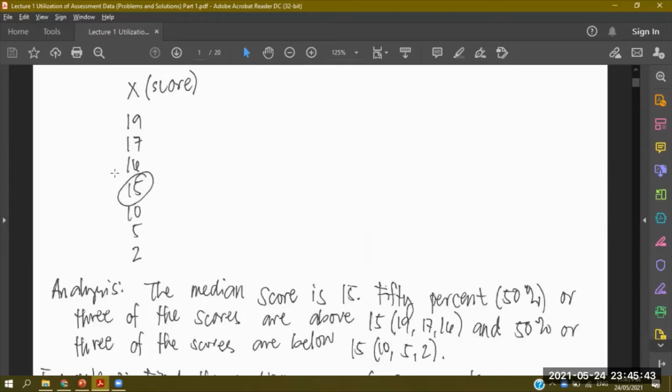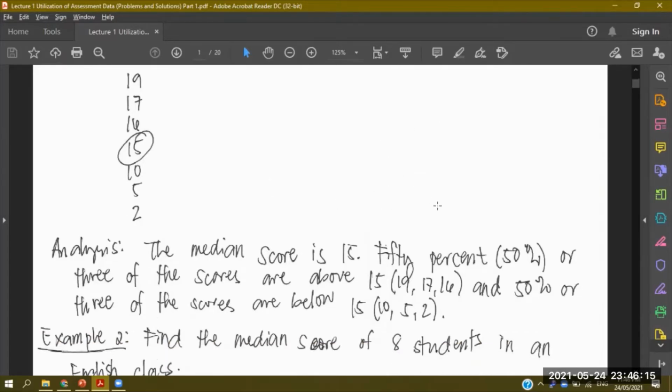Okay? Kaya siya tinawag na median score, and then bakit siya tinawag na 50-50, no? And actually, in our reference here, we call this the middle score or the 50th percentile. Middle score siya because the scores below the median score, kung ilan yan, the same din yung numbers or frequency or counts above our median score. So that's it. Okay, I hope that is clear.